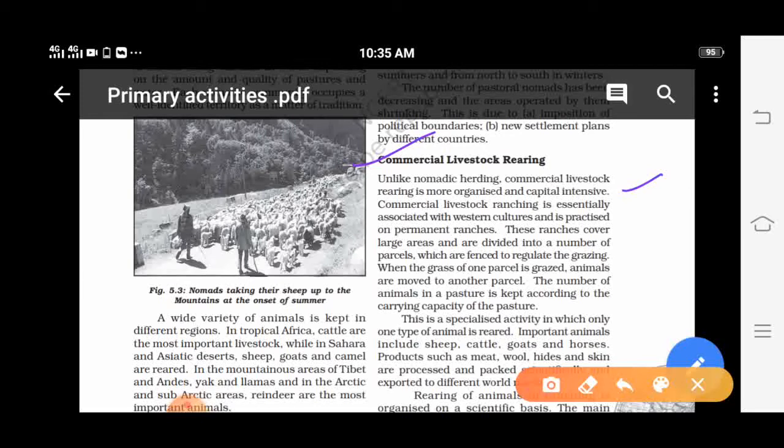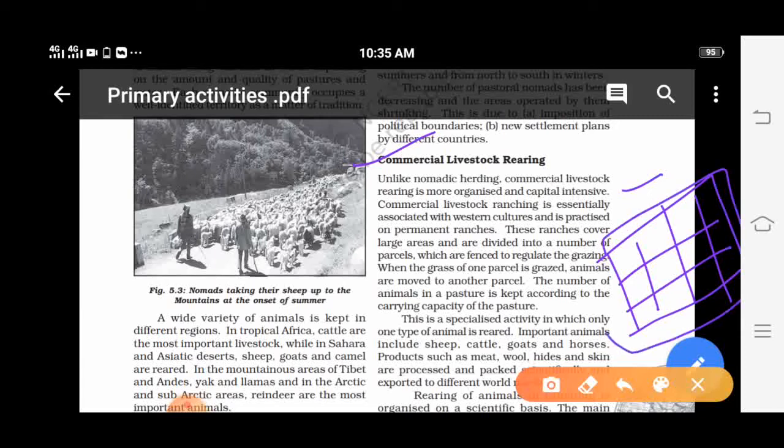Now what happens in commercial livestock ranching is that there is a huge farm. This particular farm is divided into parcels, various parcels like this, and it is fenced around, फेंसिंग लगाया जाता है in and around. Now each parcel में क्या होता है, animals रखा जाता है, यहाँ पे pastures होते हैं, grazing ground होते हैं. जब यहाँ का pasture खत्म हो जाता है, then they move on to another parcel. And this maintenance requires investment. And this kind of commercial livestock rearing is usually practiced in Western cultures or Western countries where they have